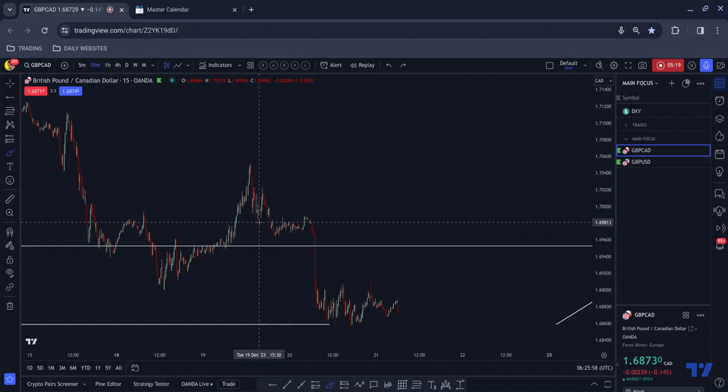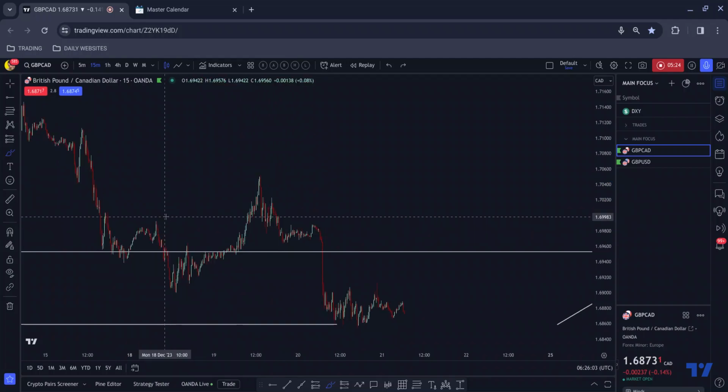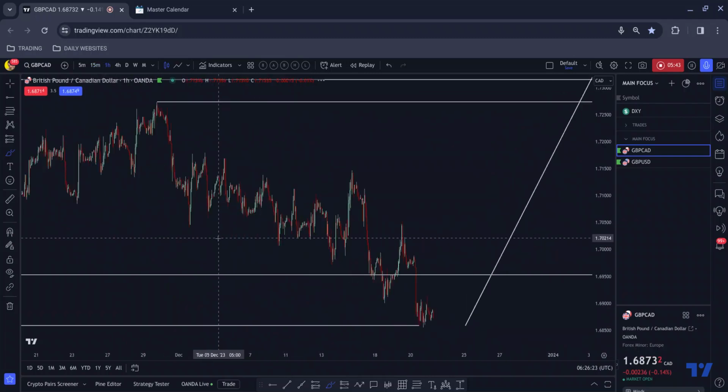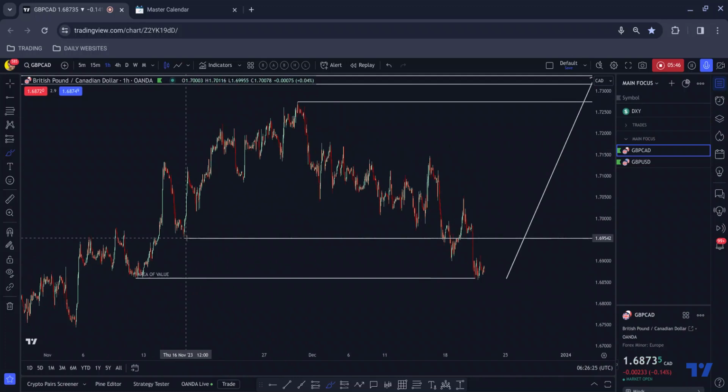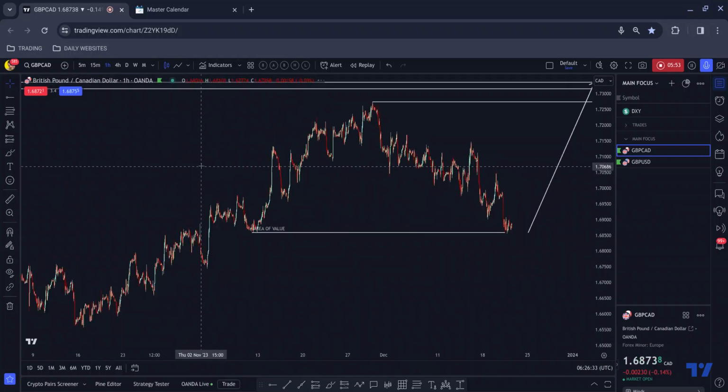Okay, so as I said, trading is not about being right, but if you know what you're looking for, you can mitigate the risks so that even if what you're looking for doesn't play out, you know what you're looking for to avoid price doing what it subsequently did, and you know what you're looking for to confirm that price is actually going to do what you forecasted it would do, if that makes sense. So that's how you can, not necessarily be right if you want to use that terminology, and still capitalize on moves and stay out of the moves that you don't want to get involved in.